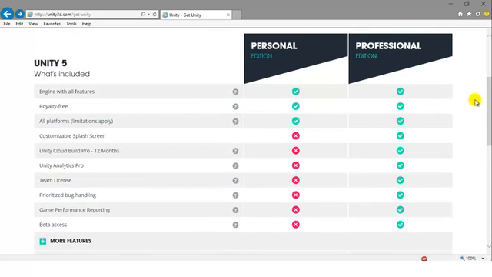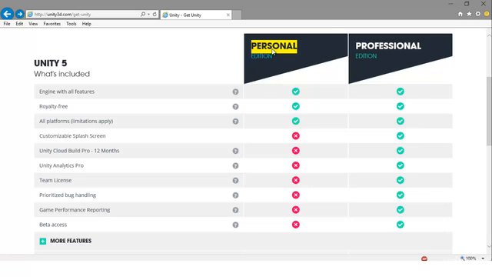So whether or not you pay for the engine, the features across them both are going to stay the same. Second, they're both royalty free. But the main catch is that when you're using the personal edition, after you publish your game to any of the stores or the marketplace,